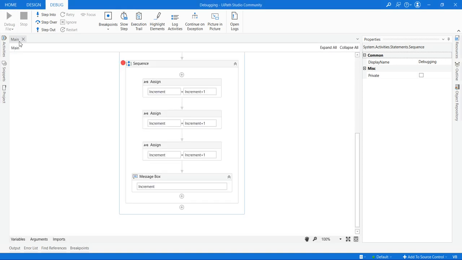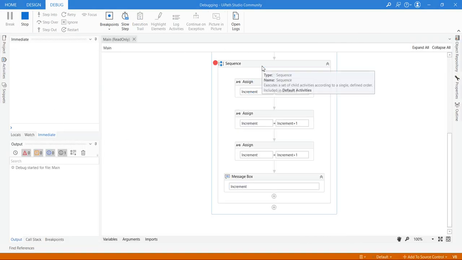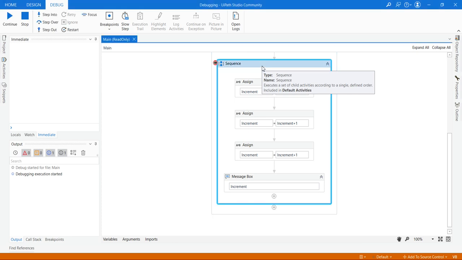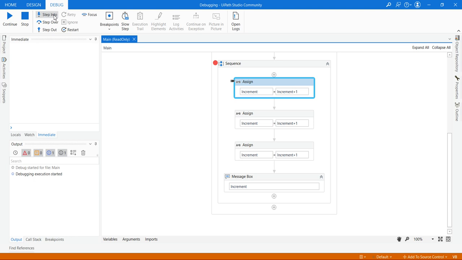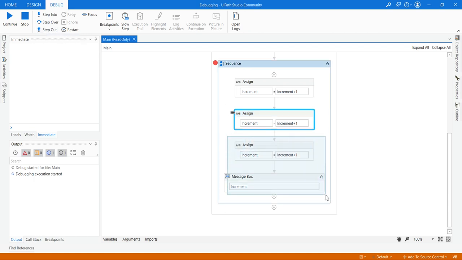You can debug here. Again the bot will stop on the particular sequence where we have the breakpoint, and I'm clicking step into. See, step into is coming out first and then second. If you click on step out now, it will perform these two activities, then come out of the sequence, and highlight the actions that were performed inside that particular sequence.